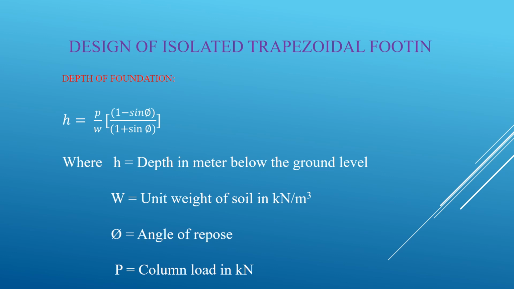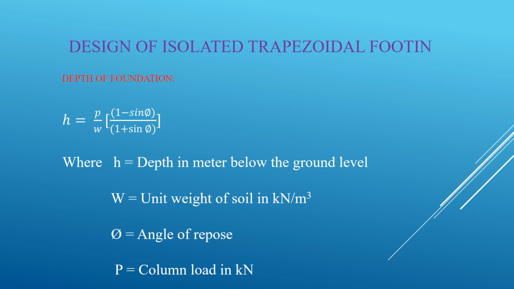A lean concrete of grade M15, with thickness 100 mm to 150 mm, may be provided to level the surface on the soil. The depth of foundation depends upon the nature of soil. The depth of foundation is calculated by using the formula H is equal to P divided by W, in the bracket (1 minus sin phi) divided by (1 plus sin phi), whereas H is the